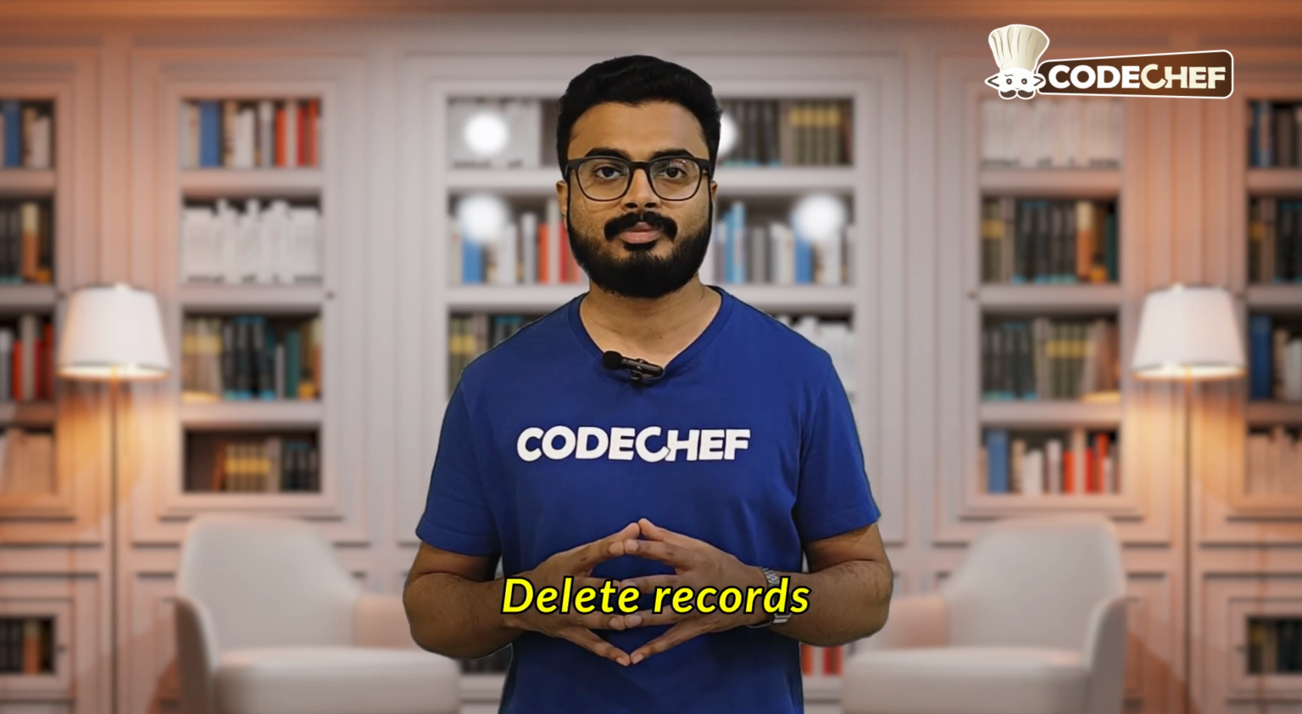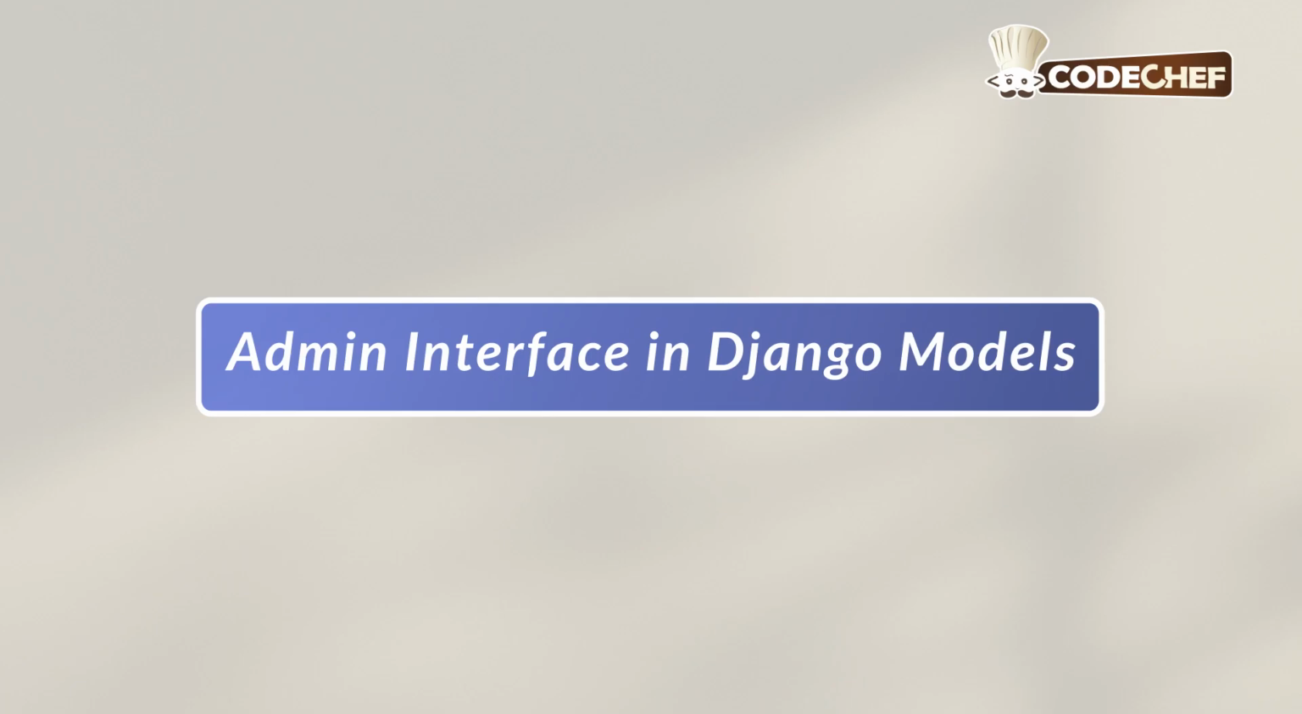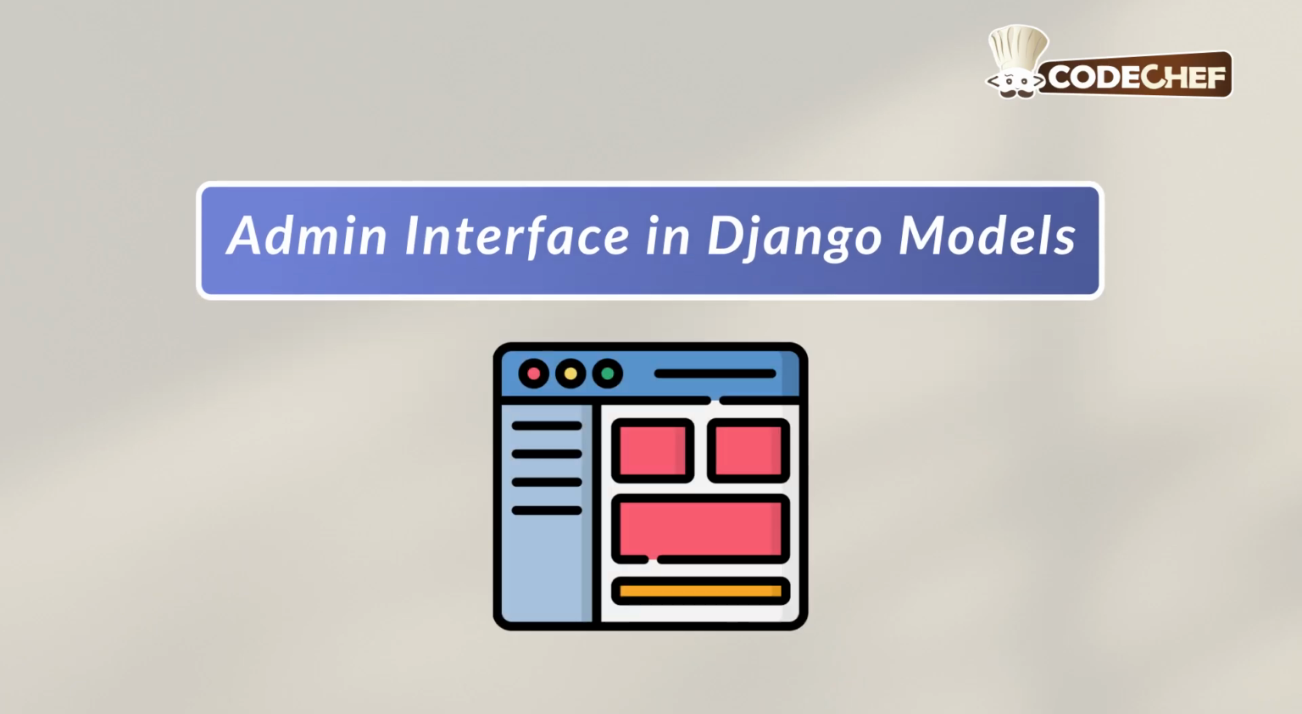delete records. Now, to understand how this works, we'll create a simple book model, register it in the admin panel, create a superuser, and use the admin dashboard to manage books. So let's get started. So let's explore Django's admin interface and learn how to manage your data visually from the